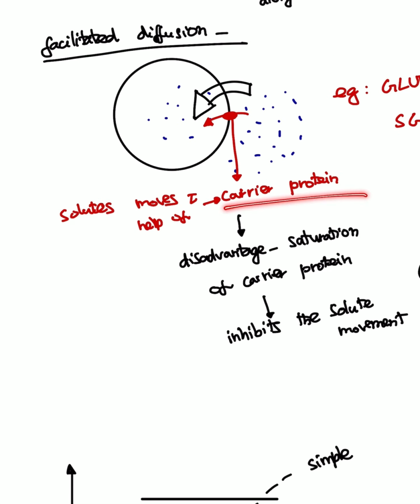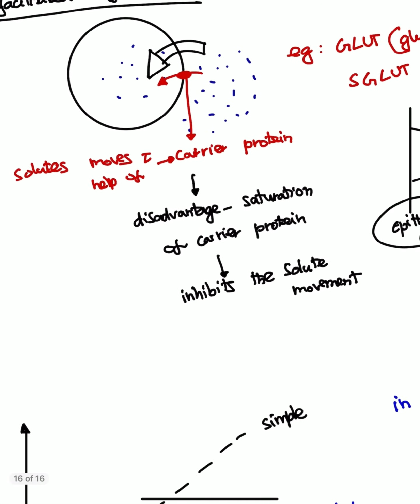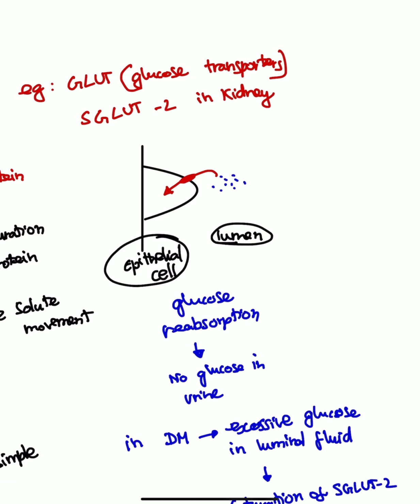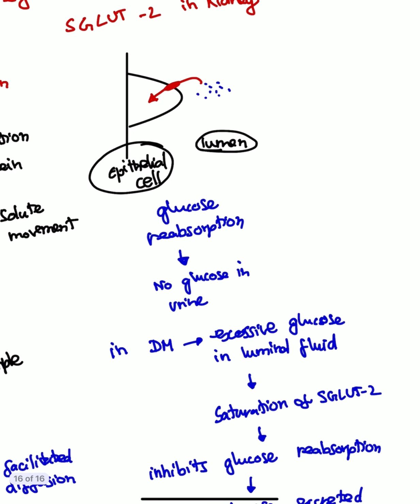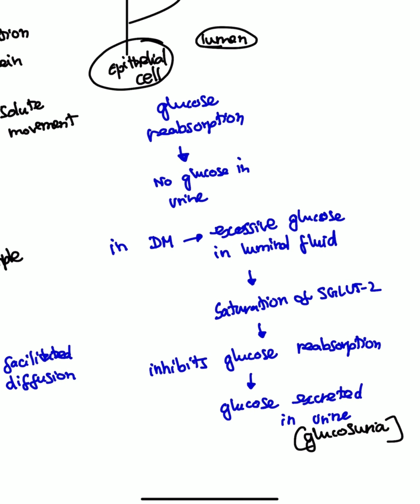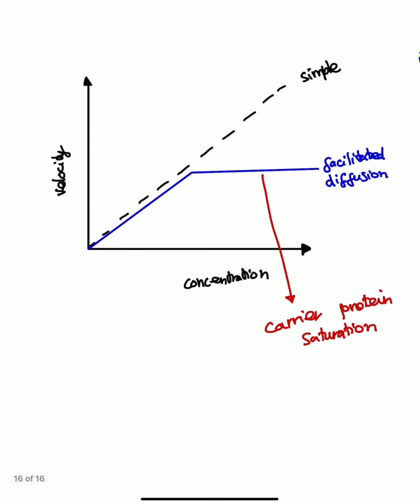But the major disadvantage of this process is saturation of carrier protein. One such example is SGLT2 in the kidney, and in diabetes, saturation of SGLT2 results in glucosuria. So if you see the graph, the simple diffusion graph is exponential, whereas the facilitated diffusion graph will show the